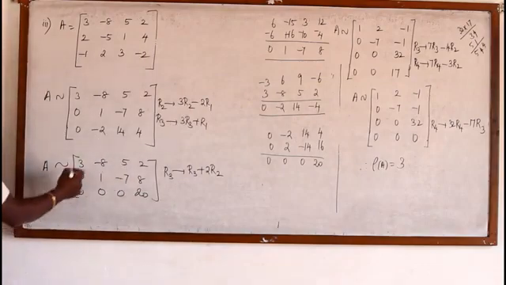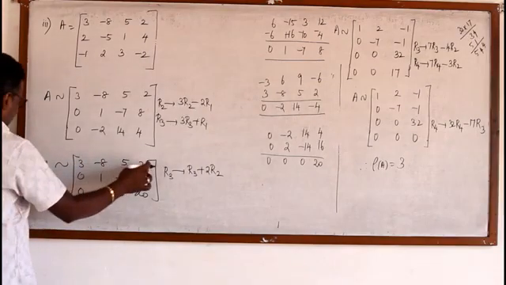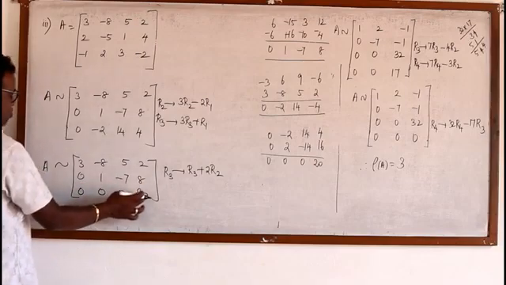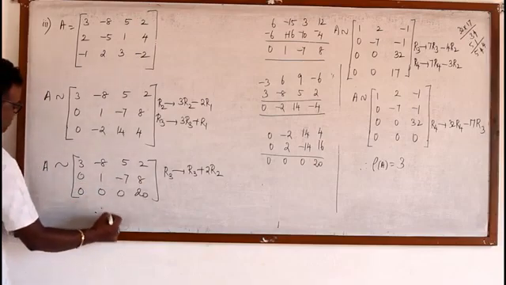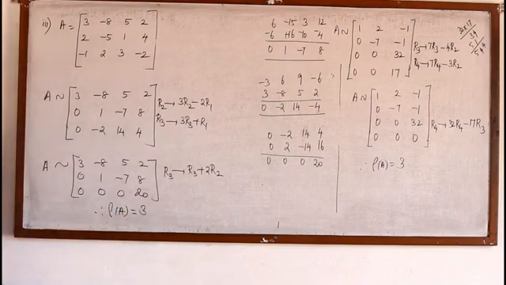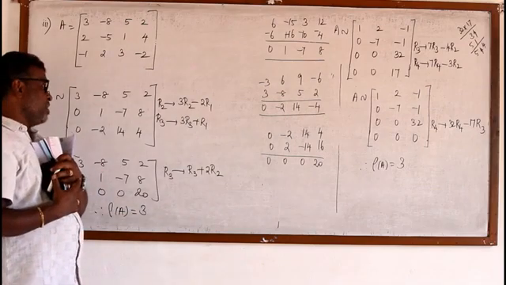Now see, we arrive at this echelon form. First row there are non-zero numbers, second row there are non-zero numbers, in third row also one number is non-zero. Therefore, rank of A is 3. In all the 3 rows I am having non-zero numbers, therefore rank of this matrix is 3. So this is called row reduction form or